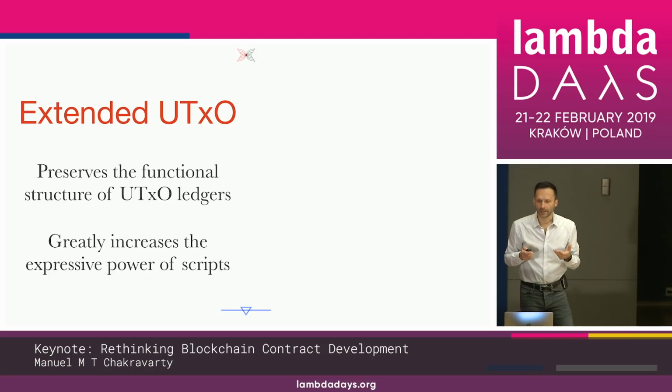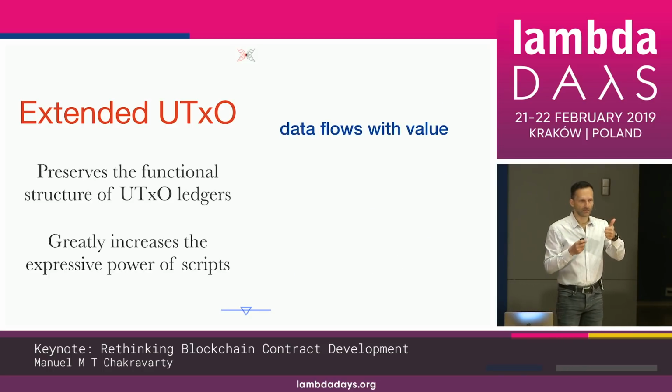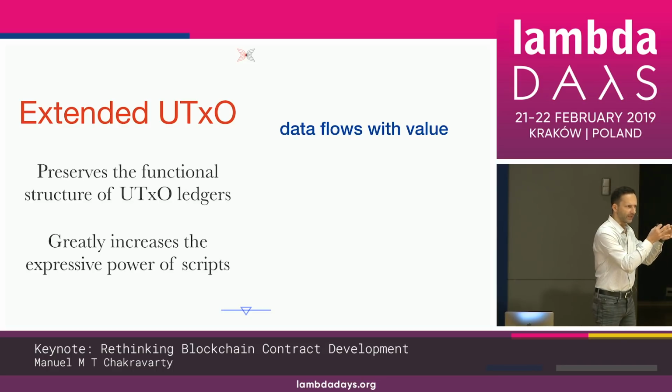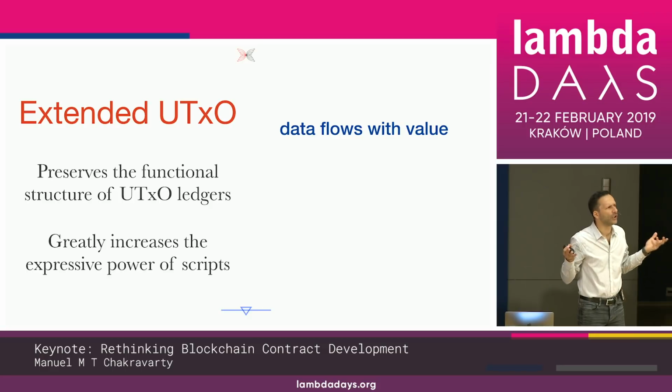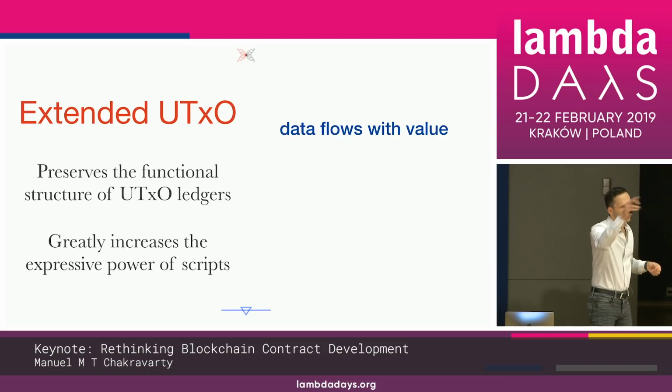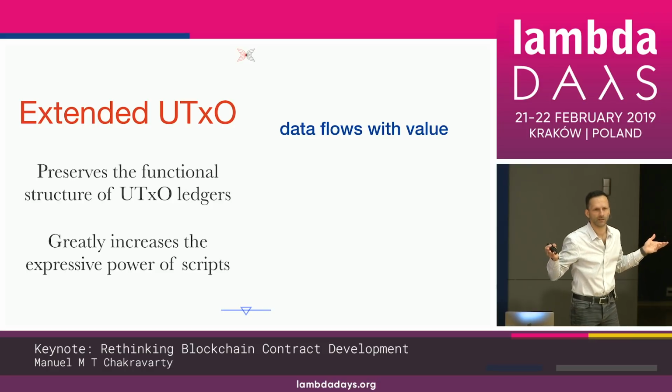So in particular, we have data flowing with values. And just as a kind of guide, we are talking about having an imperative object-oriented model like Ethereum, which we want to represent in a functional way. Like for compilation, we know how to do that, right? If you have a stateful computation, you use a CPS conversion and you hand all the data through, thread it through your program, same thing. We've known that for a long time.